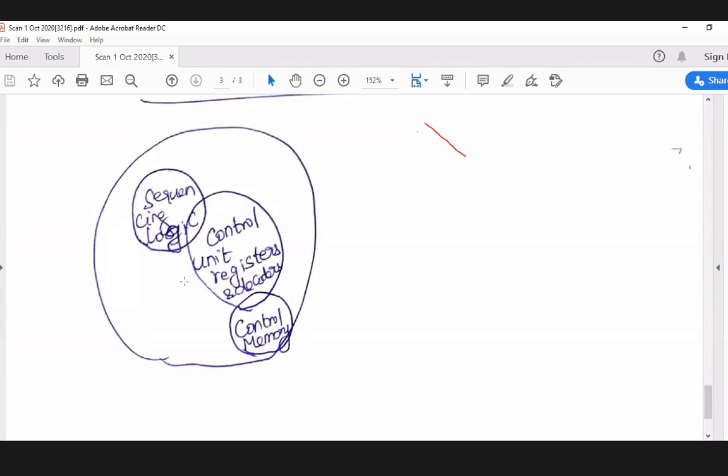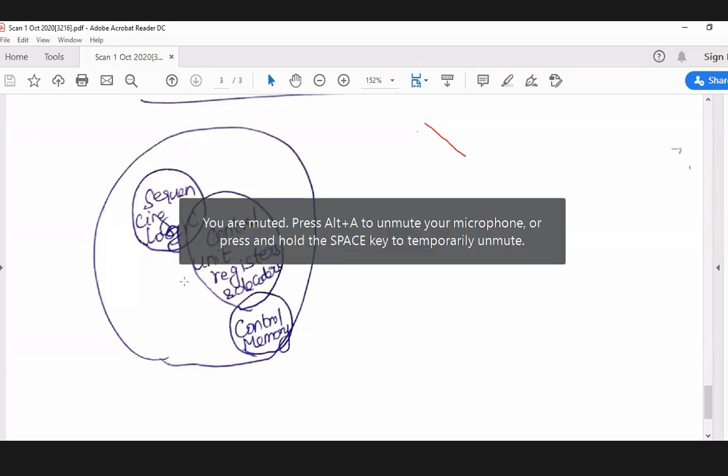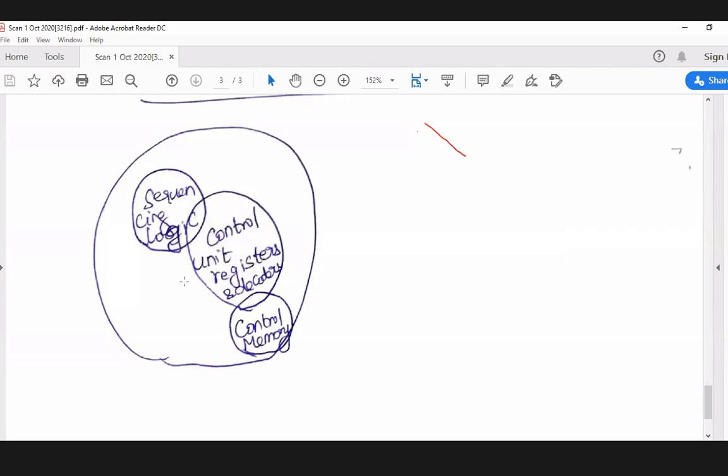And the next topic is structure and function. So the function of the computer, we discussed 4 functions: processing, storage, transfer, and control. And we discussed the structure of the computer. That is, these 3 diagrams are the overall structure of a computer. First is how the computer looks. Next we discussed how the CPU looks. And finally we are discussing the control unit.